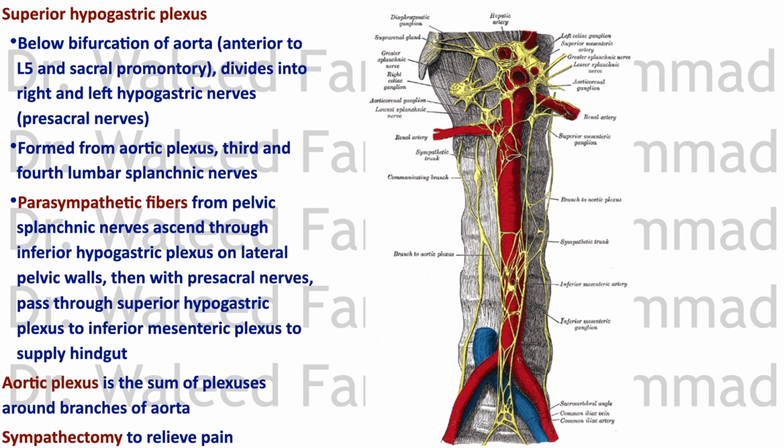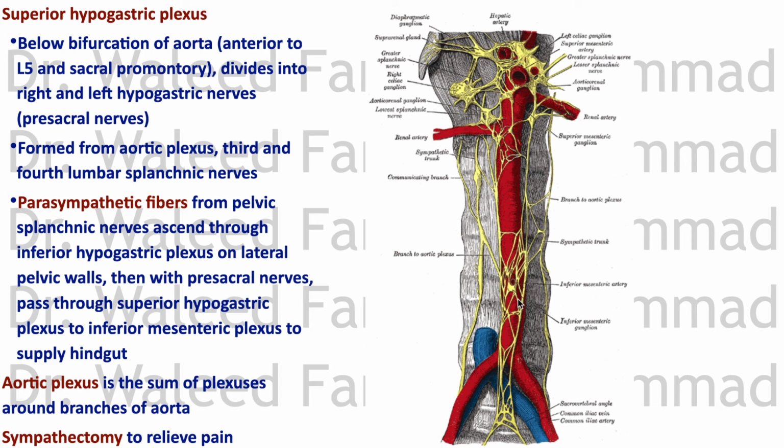Some of them join the inferior hypogastric plexus, which is on the lateral pelvic wall, and then ascends through the presacral nerves, a couple of presacral nerves, or the inferior hypogastric nerves that go to the superior hypogastric plexus, and from there it continues its ascent